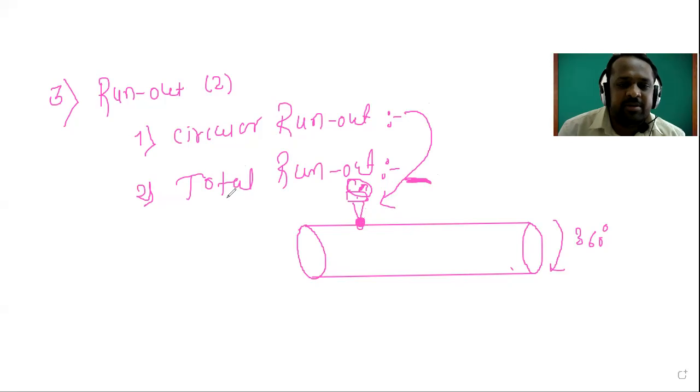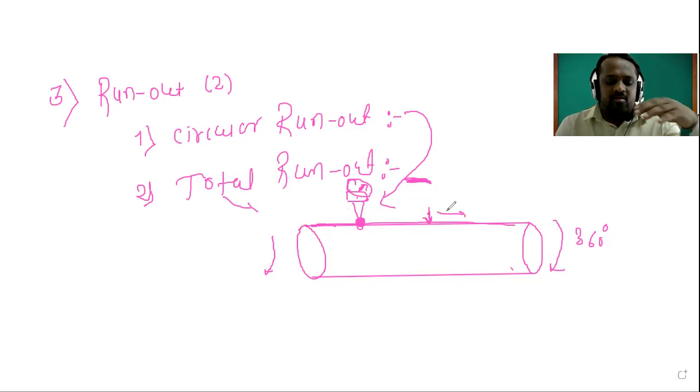And then what is meant by total runout? We have checked throughout this surface. Meaning, what did we do? We moved the dial gauge completely over it. We rotated the shaft and checked the whole surface of the shaft. We moved the dial gauge over the surface of the entire shaft. And whatever the minimum and maximum variation the dial gauge shows, the difference between that maximum and minimum variation